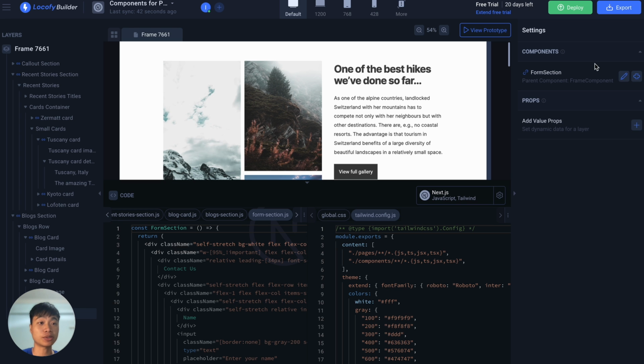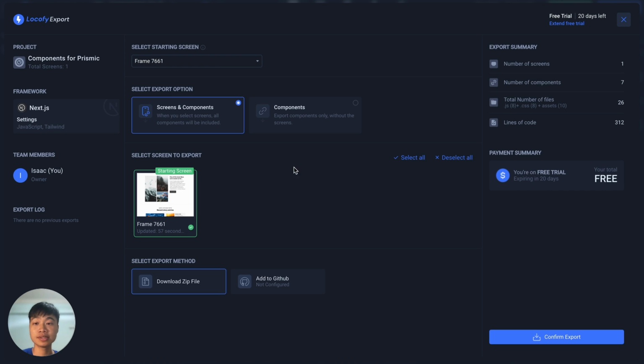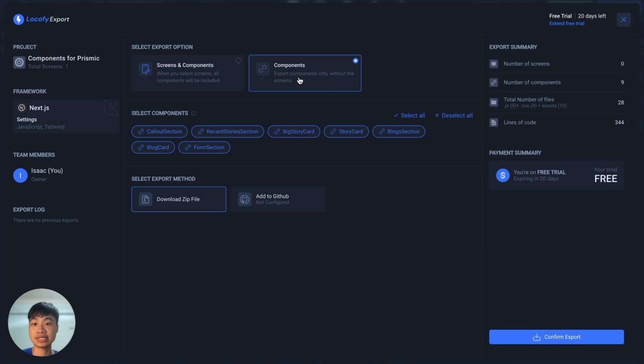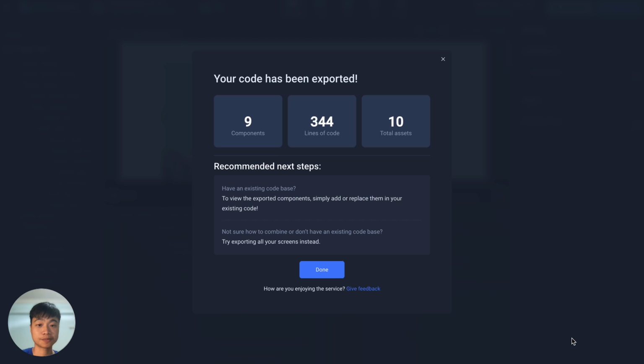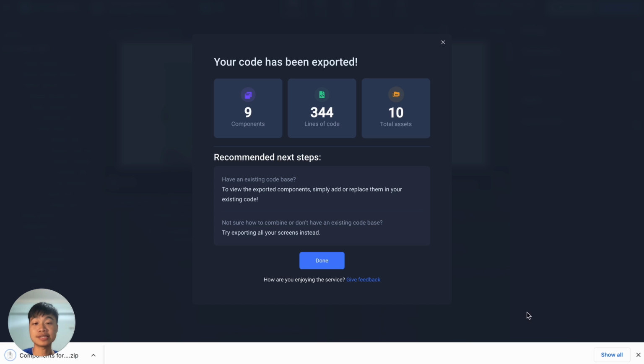Great, so now let us export our code. And instead of exporting it as a screen, let's go ahead and export the individual components instead. So here we have our callout section, recent story sections, big story card, and so on for all the different components that we had created. So we'll choose the download zip file option and click on confirm export. And that's it. So you can see how we have easily gone from designs into code in just a couple of minutes. Now let us open the exported file and see how we can easily add these components into our